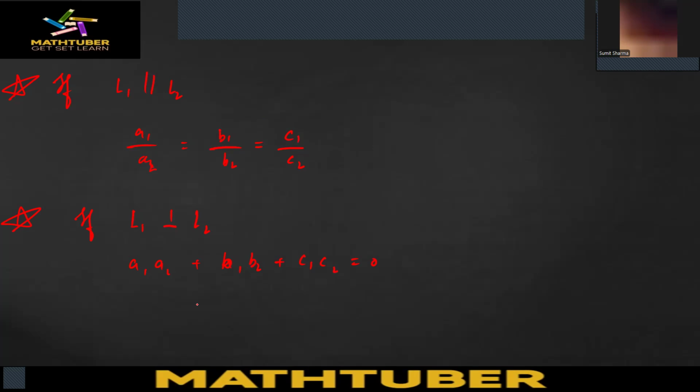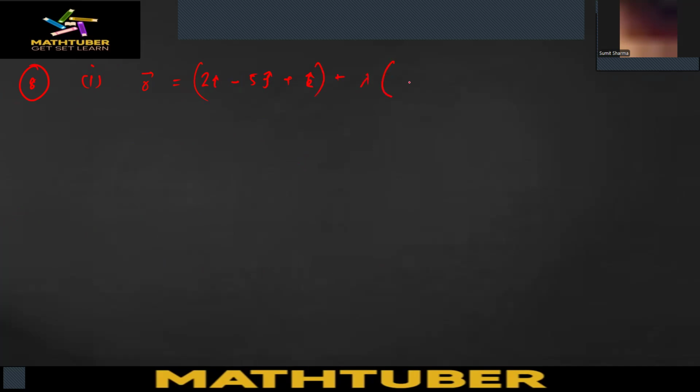So let us try a question from this. We will try the eighth and ninth question, one part from each. So eighth question, let us take the first part. You are given r vector equal to 2i minus 5j plus k plus lambda into 3i plus 2j